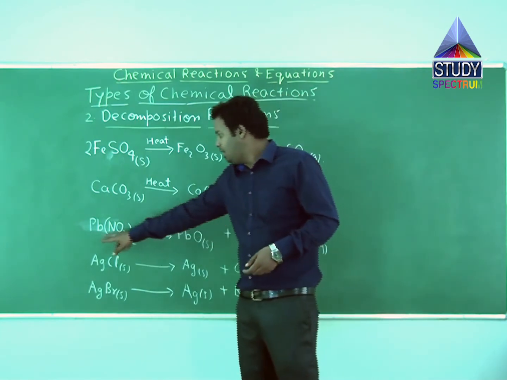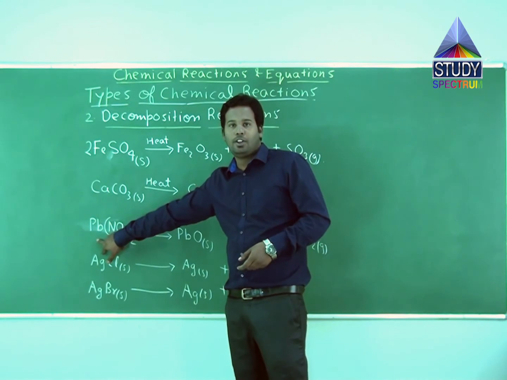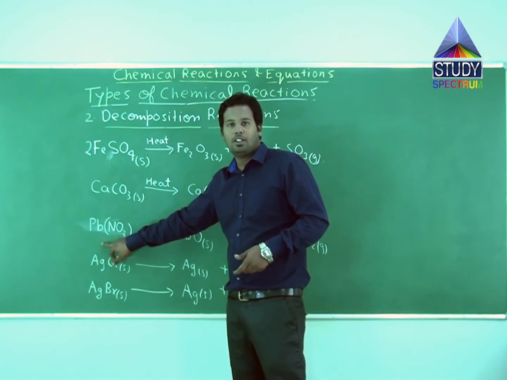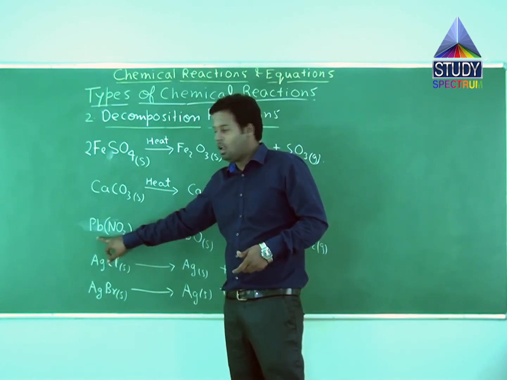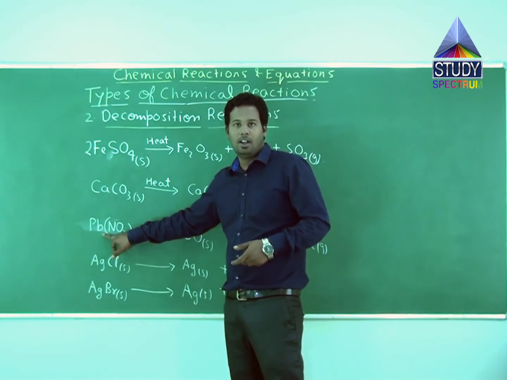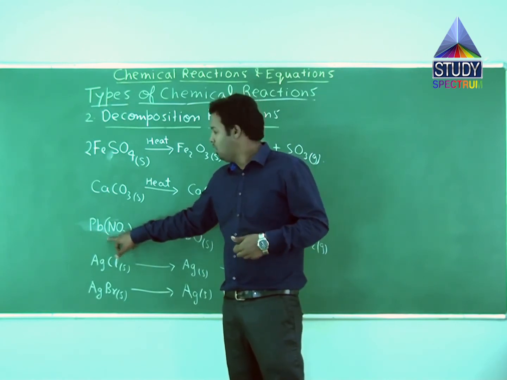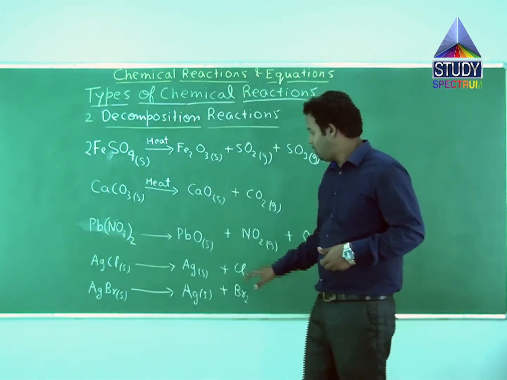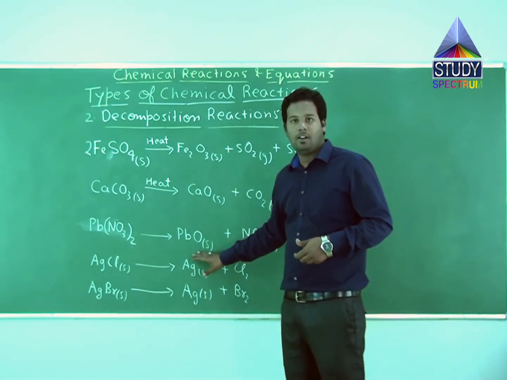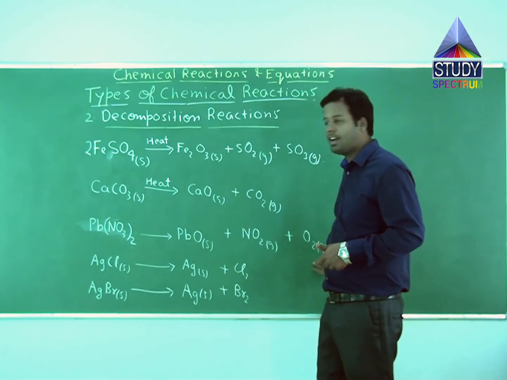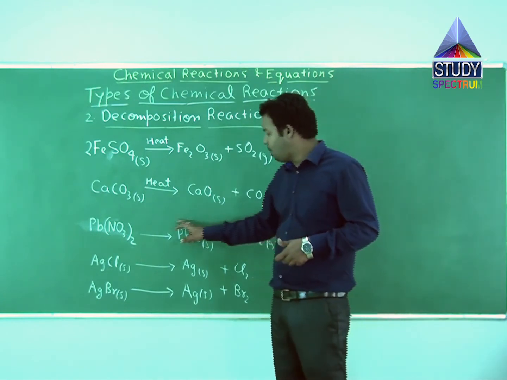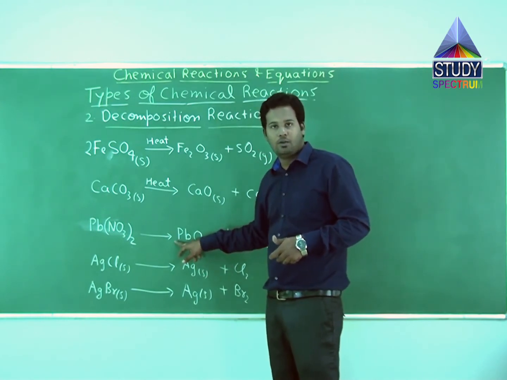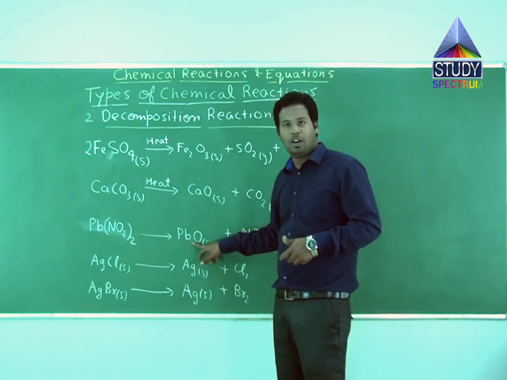If we talk about lead, we can see the stoichiometric coefficient of this single reactant, as we are studying decomposition reaction, is 1, as nothing has been written there. The suffix is also 1, as nothing has been written in place of the suffix of lead in this compound. So the number of atoms of lead will be 1 into 1, that is 1 on LHS. Whereas on RHS, the first product itself contains lead, whereas the next two products do not contain lead. So to calculate the number of atoms of lead, I have to see the first product only. The stoichiometric coefficient of lead oxide is 1, as nothing has been written there. The suffix is also 1, as nothing has been written there.